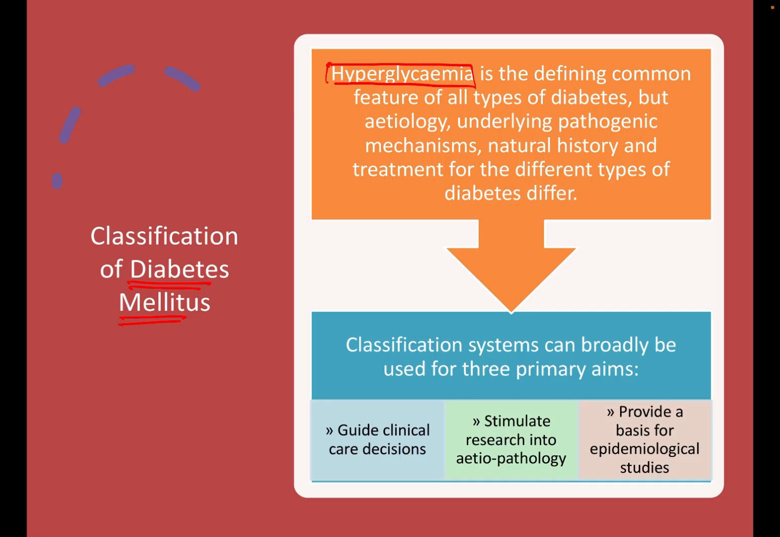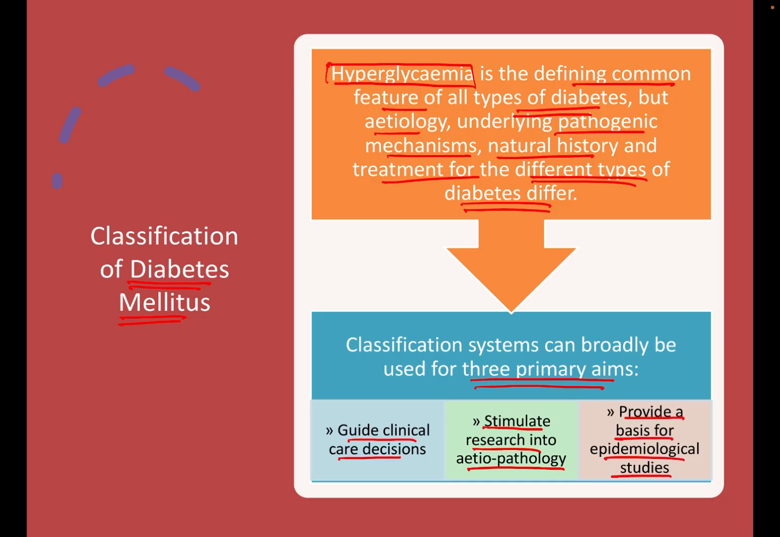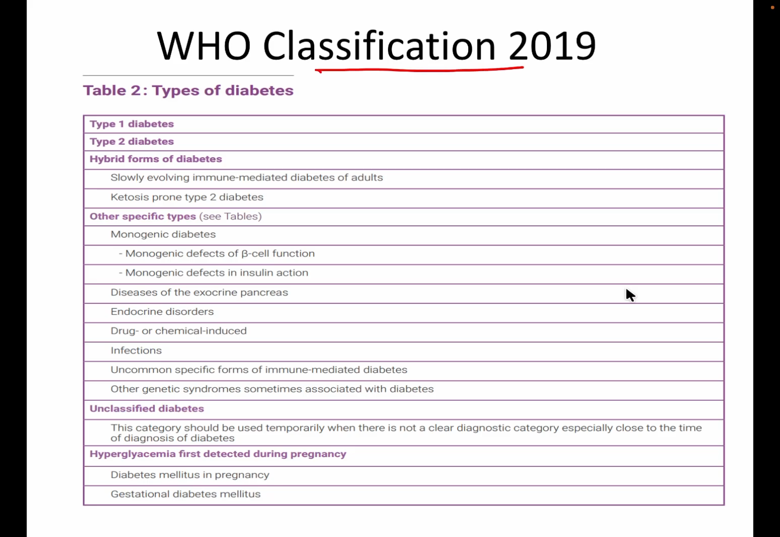So hyperglycemia is the defining common feature of all types of diabetes, but the etiology, underlying pathogenic mechanism, natural history, even the treatment for different types of diabetes varies. So how do we classify these things to guide clinical decisions, to stimulate research into etiology, and also to provide a basis for epidemiological studies? The WHO classification of diabetes mellitus classifies into type 1 diabetes mellitus, type 2 diabetes mellitus,